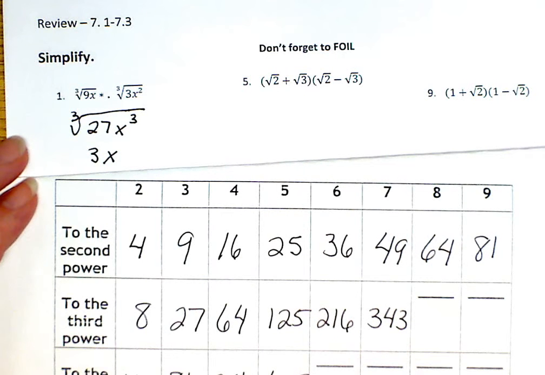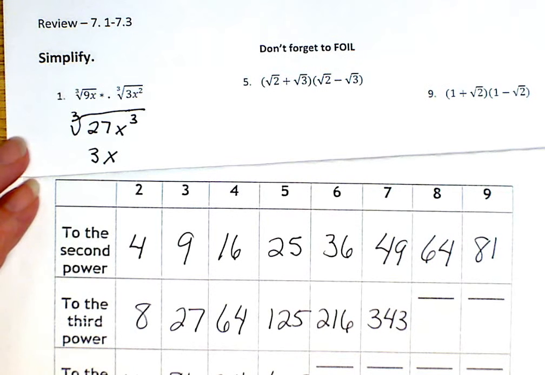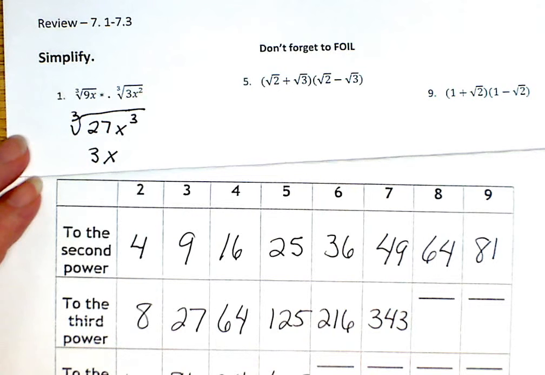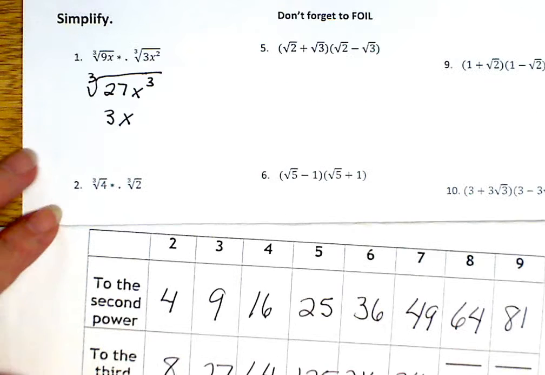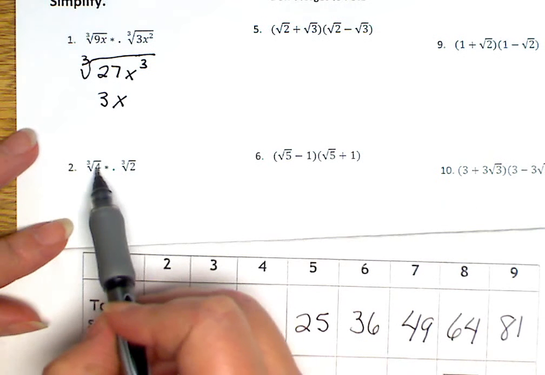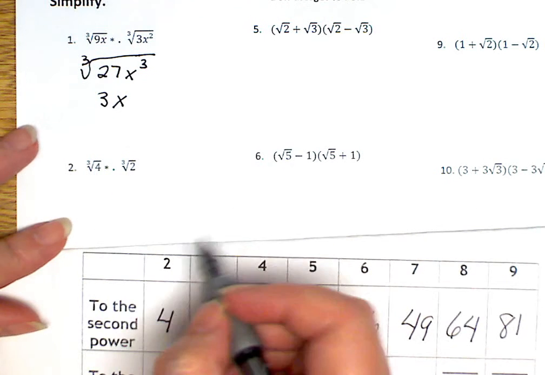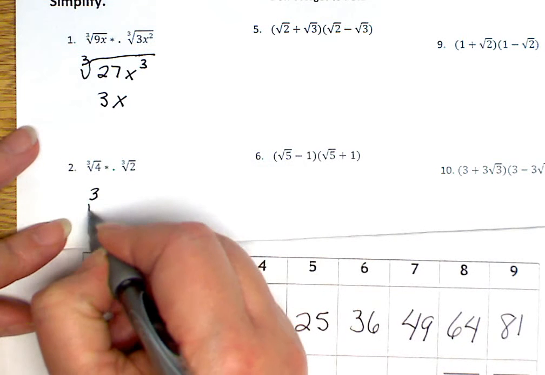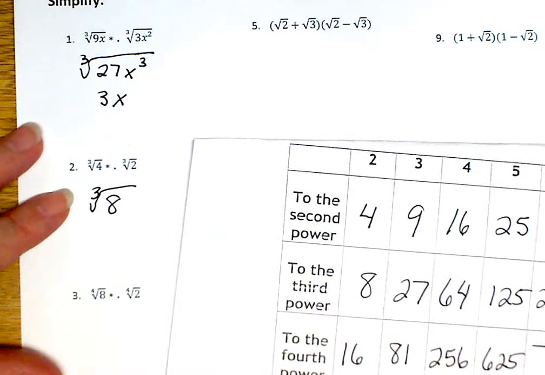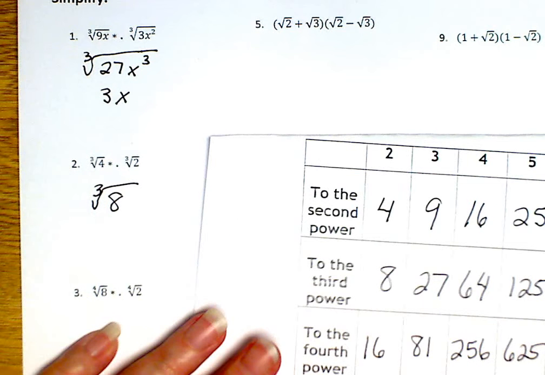Now, can anybody tell me why the cube root of 27 is 3? What does that mean? Just so we make sure we understand that. 3 times 3 times 3 is 27. I just want to make sure you remember that. All right. So, right now we have the cube root of 4 times the cube root of 2. So that means it's the cube root of 8. Looking at our sheet here, the cube root of 8 is